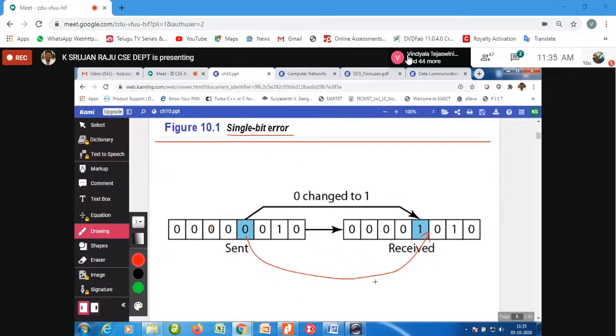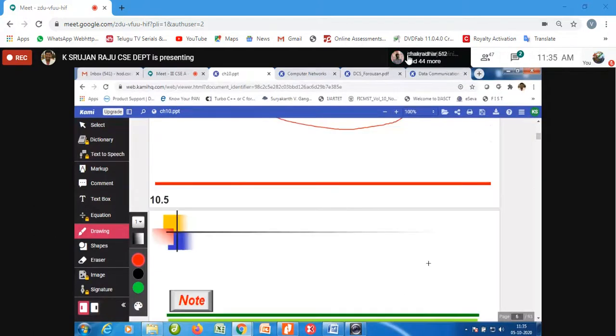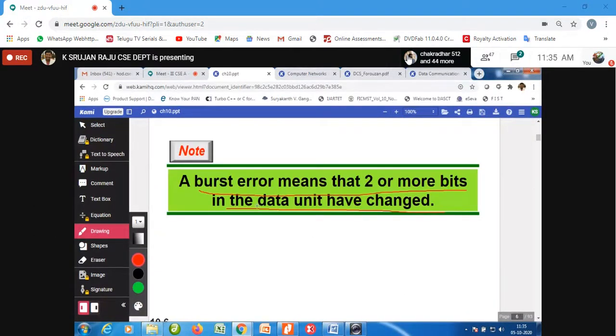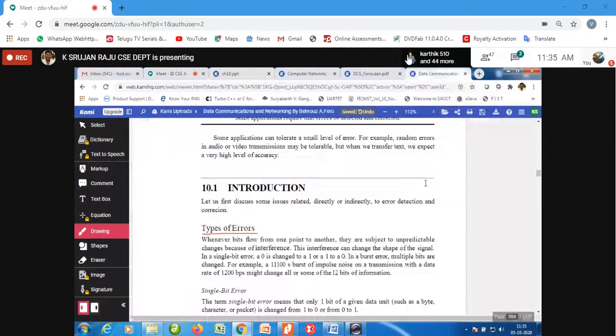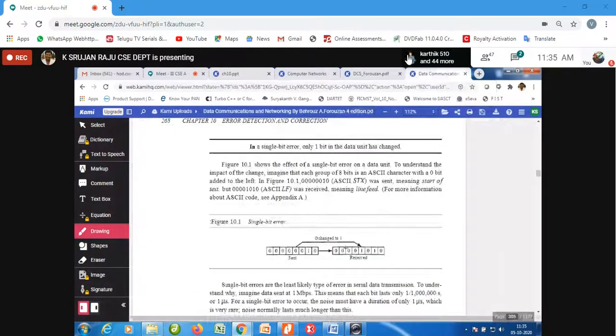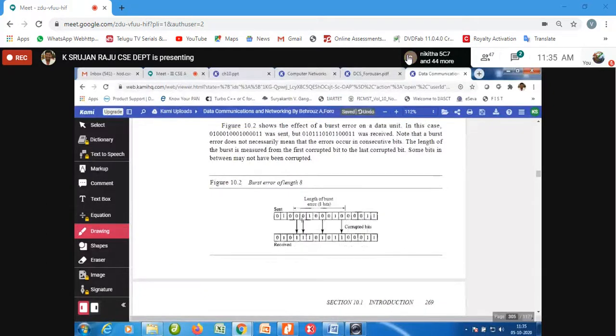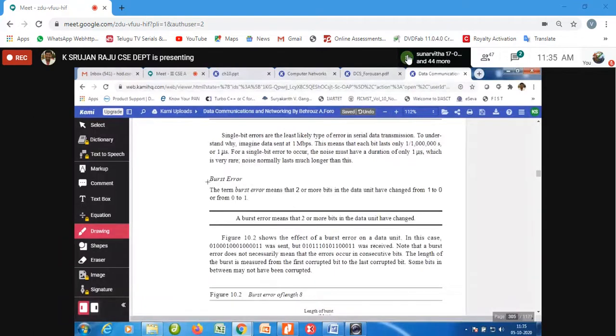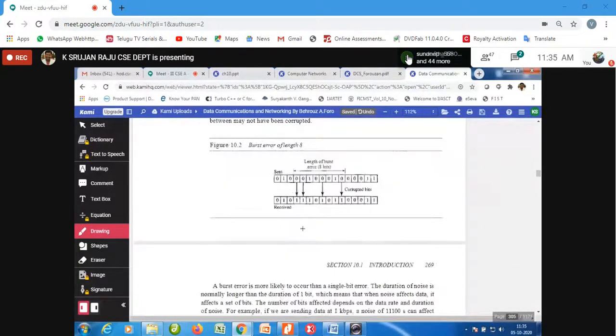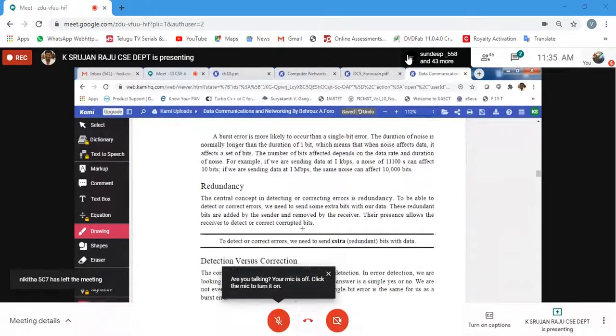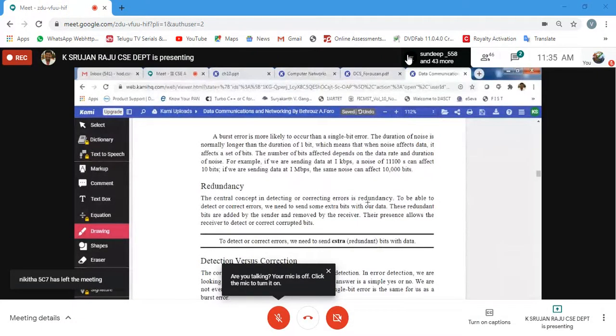This is the single bit error which we have seen, how it is going to be done. And then we are going to call it a burst error, that is nothing but more than one error. The same thing happens from the sender to the receiver, and in the bit length of that particular thing, how many bits are going to be changed, that we have discussed as the burst error. This we have discussed as part of the types of errors. Now, how are we going to detect this?